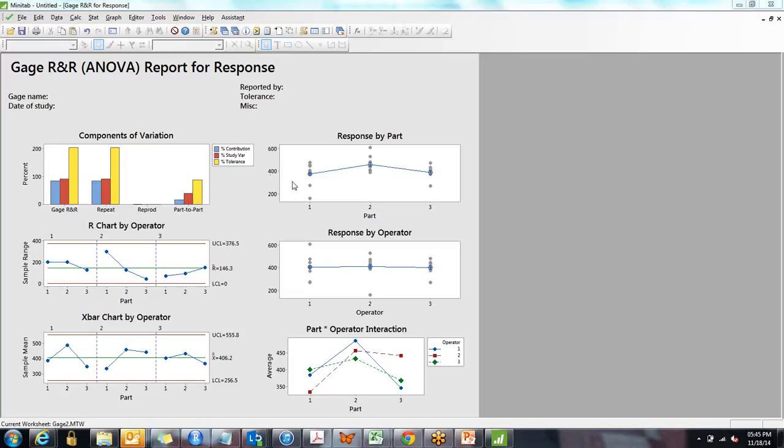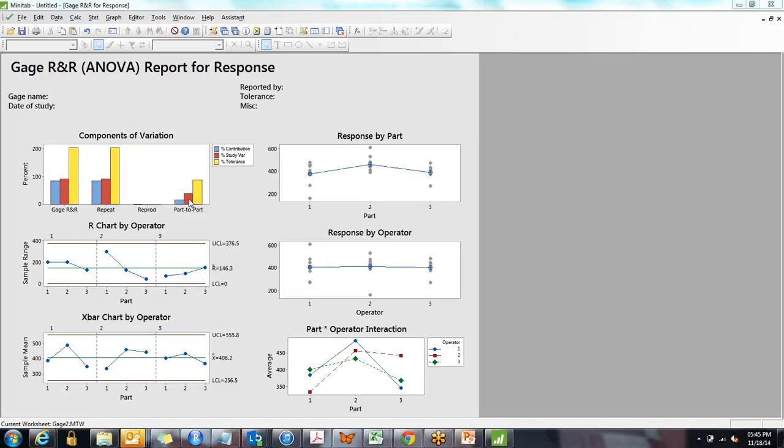Another thing: in part-to-part, majorly we need to focus on the yellow chart, the yellow color. If you have all the three colors, then look at the yellow color. Part-to-part should be very small in height, and for gauge RNR the yellow bar should be higher, maybe the tallest. If you do not provide the tolerance, for instance the tolerance of 250 which we have provided, this yellow bar would not appear. If the yellow bar does not appear, then we have to focus on the red color bar.